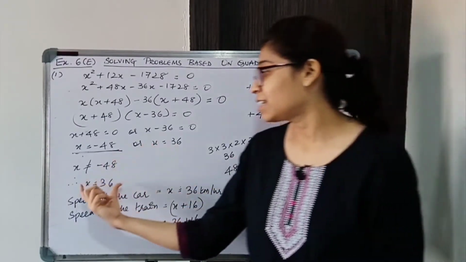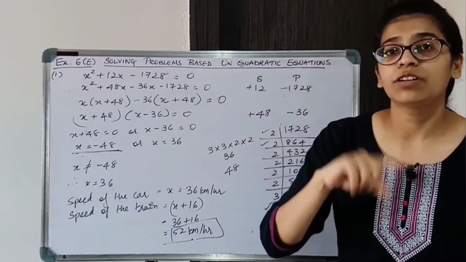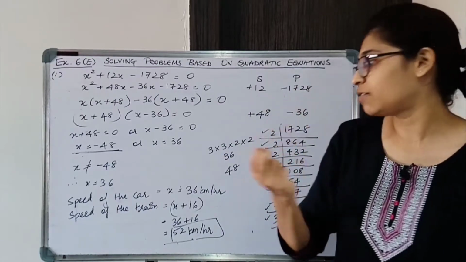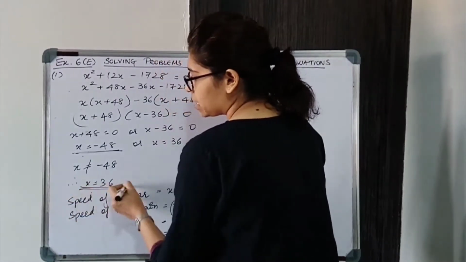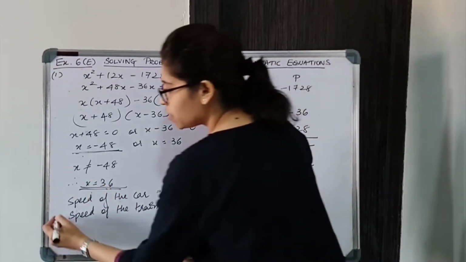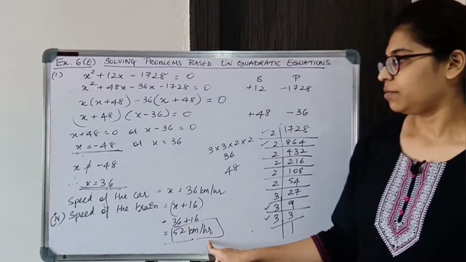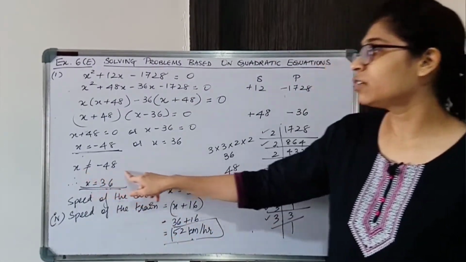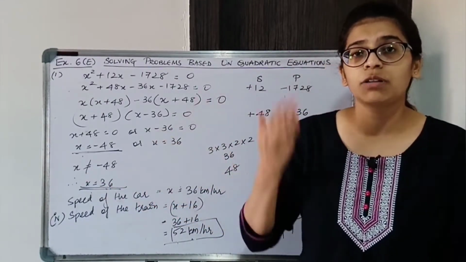Don't stop at x. No, that is giving you the speed of the car. We need to find the speed of the train. Read the question very very carefully. This is the fourth part. ठीक है, here we got x. ये third part of the question है. This is the fourth part of the question where we find the speed of the train. All right, and over here you need to write down the reason that x is not equal to minus 48 because speed cannot be negative.